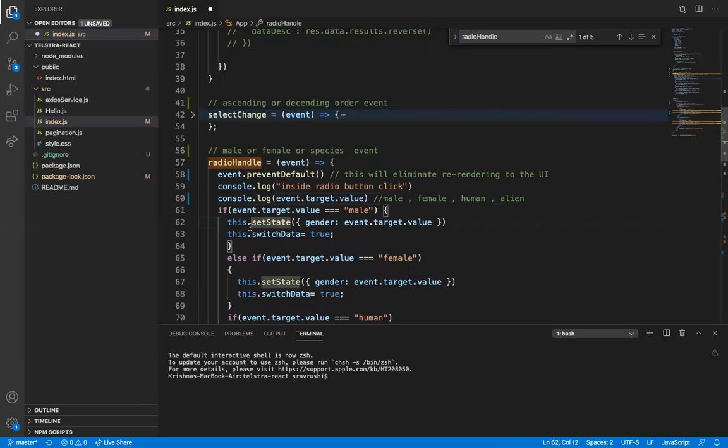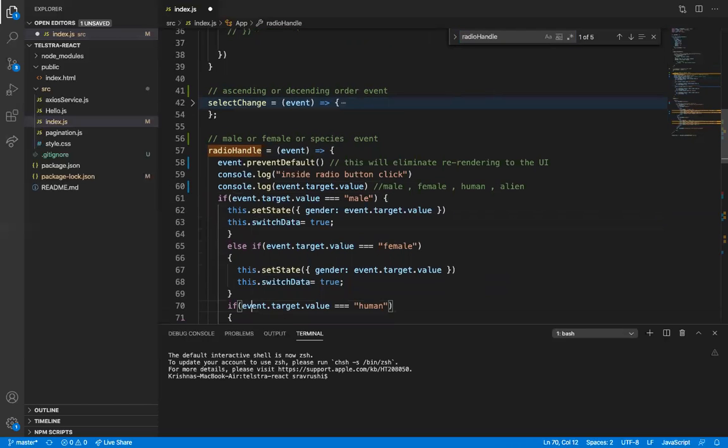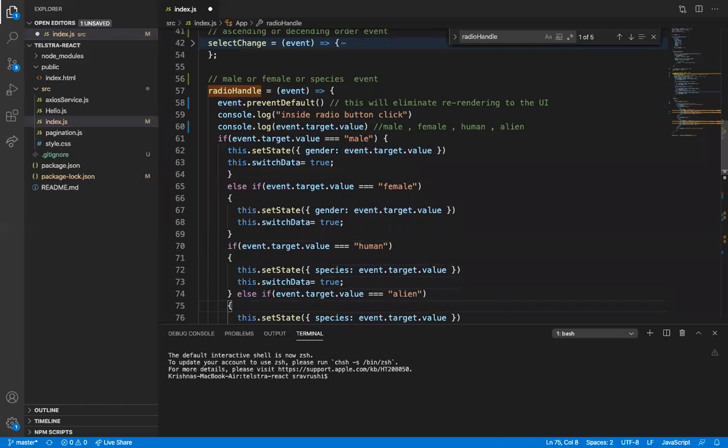If the event.target.value is male, we are going to set the gender to male. We are going to change the state of the gender to male, and we are switching the data. I kept a switch here, switch data.